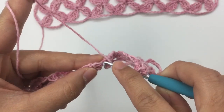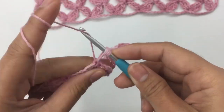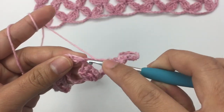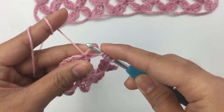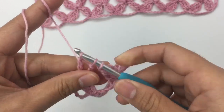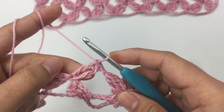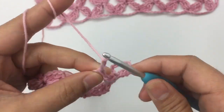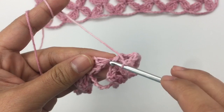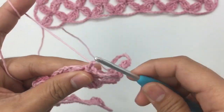Oops, right into the stitch, pull up a loop, yarn over, pull through 2 loops, yarn over, pull through 2 loops, and yarn over, hook twice, insert the hook into the same chain stitch, pull up a loop, yarn over, pull through 2 loops, yarn over, pull through 2 loops. Now I have 3 loops on my hook. I'm going to yarn over and pull through all 3 loops. That is the 2 treble cluster. Okay, and then we're going to chain 4, 1, 2, 3, and 4, and then slip stitch into the same chain stitch right here, insert the hook, pull up a loop and pull through, and then chain 4, 1, 2, 3,